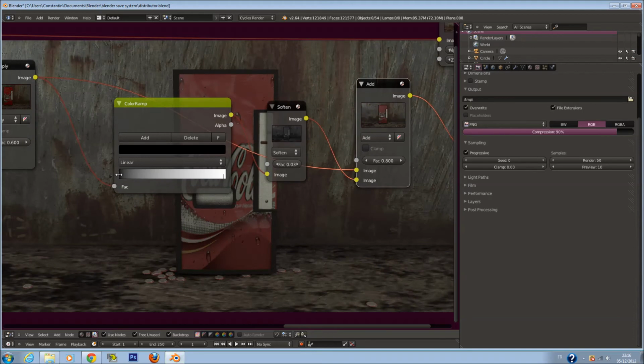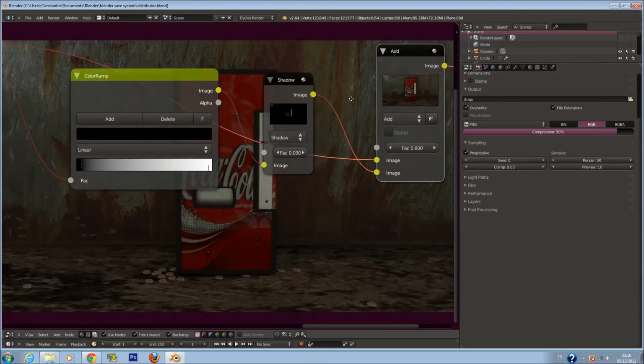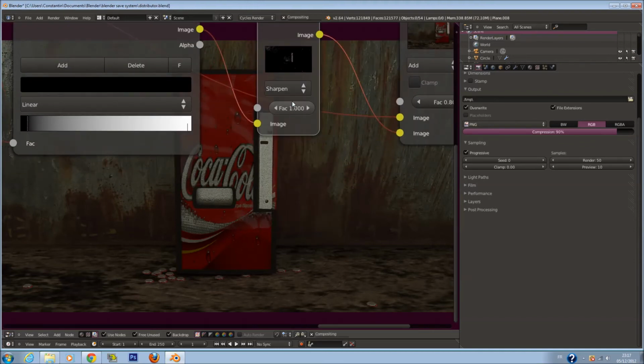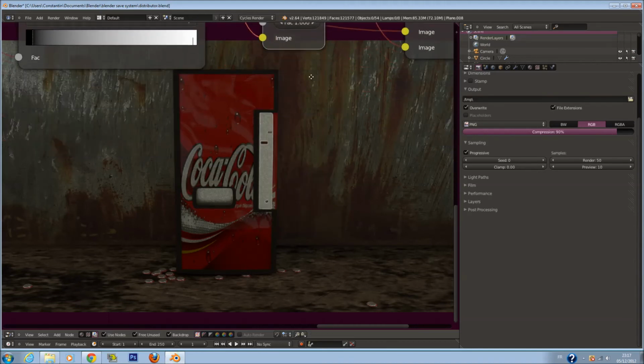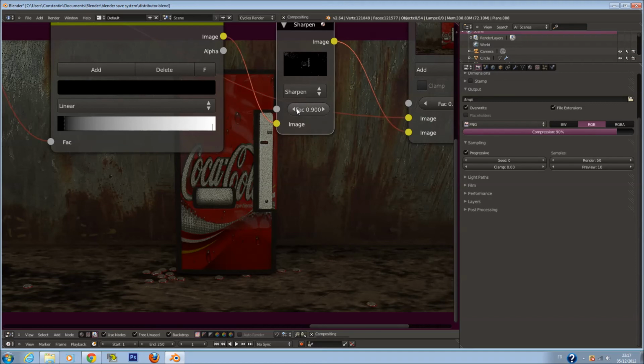So if I just decrease a little bit. Okay, decrease the white, decrease just a little bit the black color. Okay, and if I turn to shadow, just to turn to 1 to see more effect. Yeah, Sobel, it's cool, but Peterit